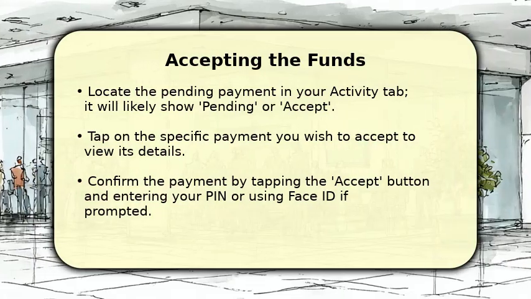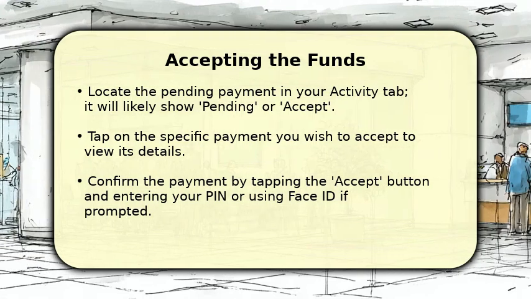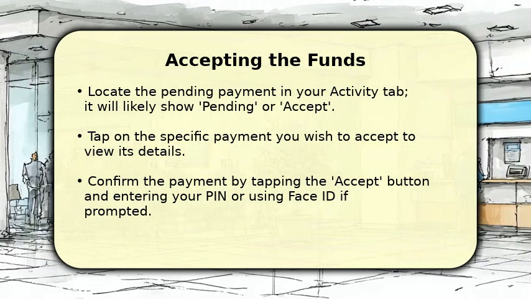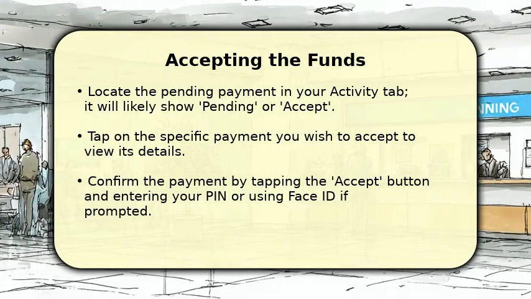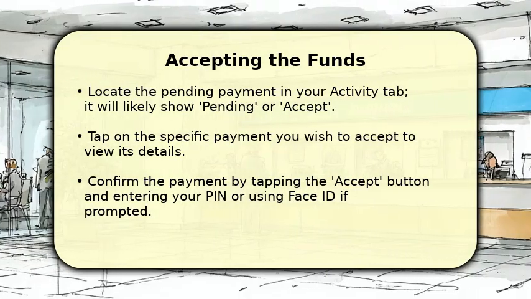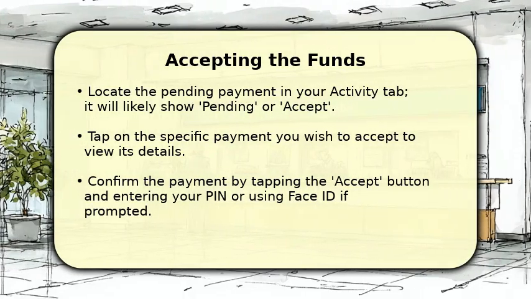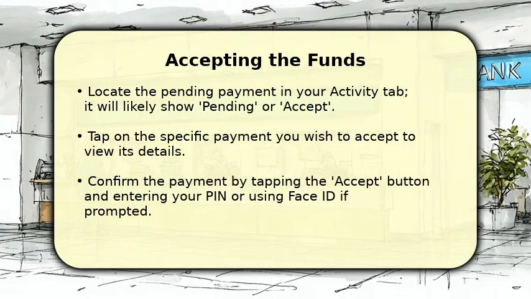Once you have navigated to your Activity tab, locate the pending payment. It will usually be clearly marked with an Accept button or a pending status. Tap on this specific transaction to open up its details. You will then see an option to formally accept the funds. Tap the Accept button, and if prompted, enter your 4-digit PIN or use your biometrics, such as Face ID, to